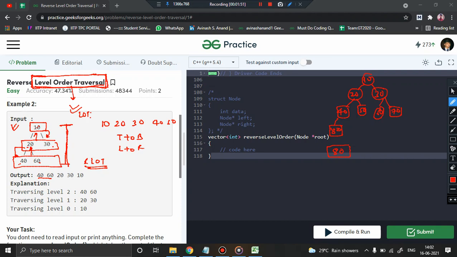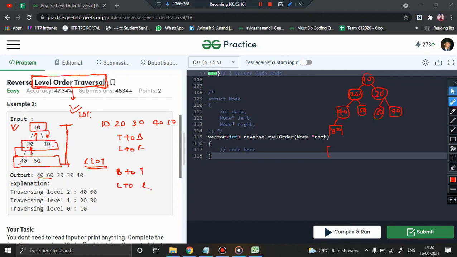So 40, 50, 60, 70. Then you go up, 20 and then 30. Then again you go up and print 10. Got the point? This is how the traversal works. So what is the approach? We have to move bottom to top and left to right.